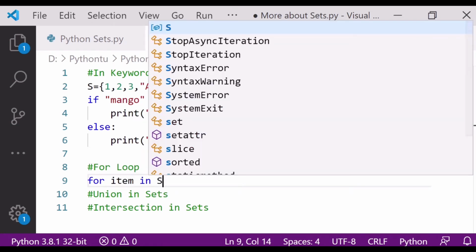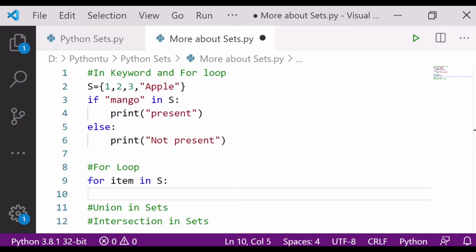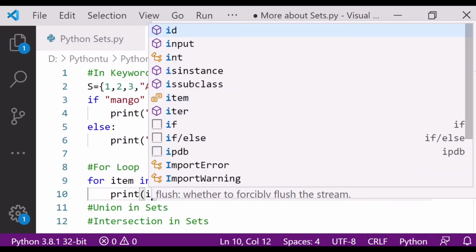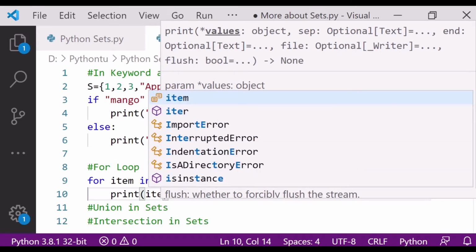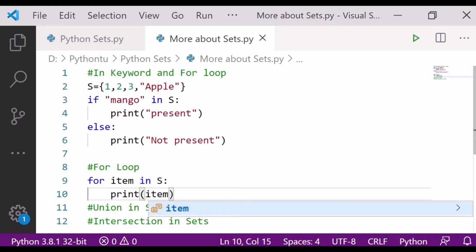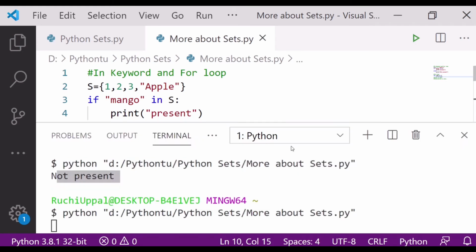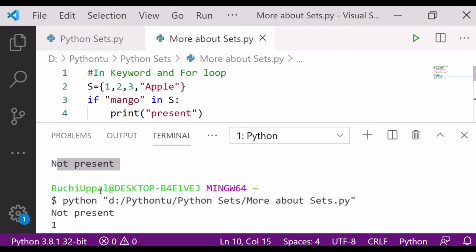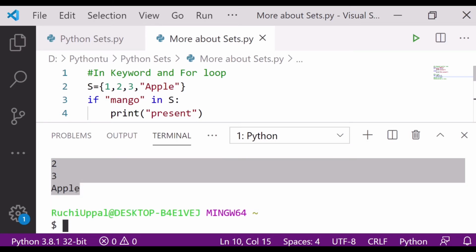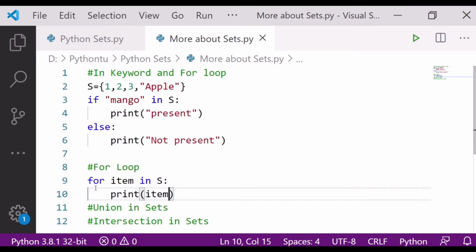So what I'll do, print item. You can see here it is showing me the items that are present in my set: 1 2 3 and apple. Okay, so this is how we can use the for loop.